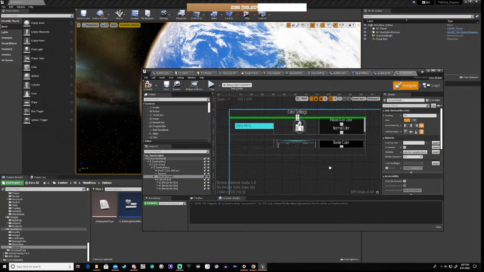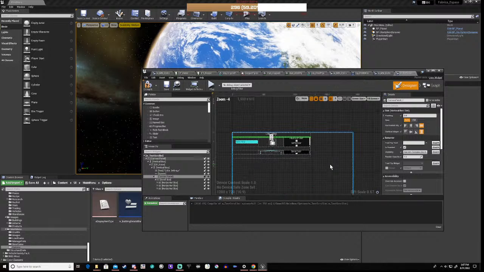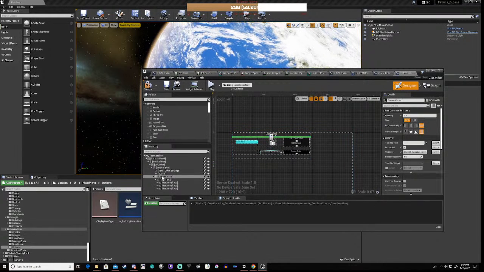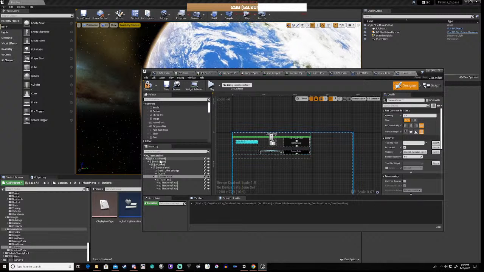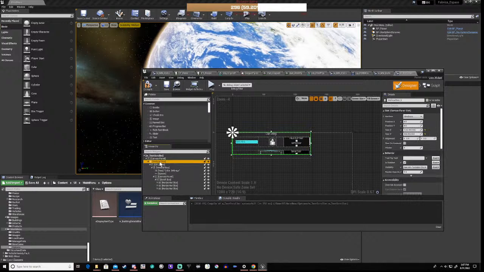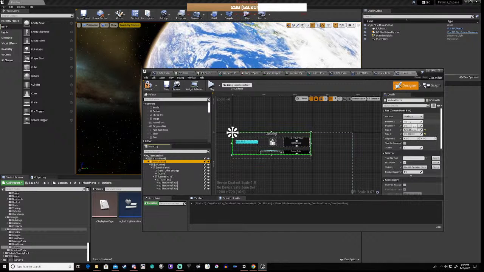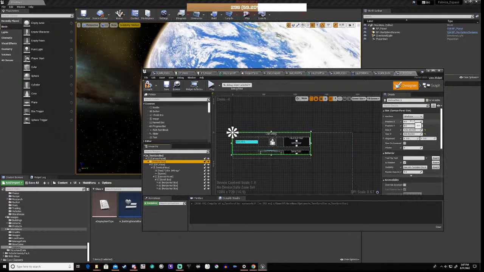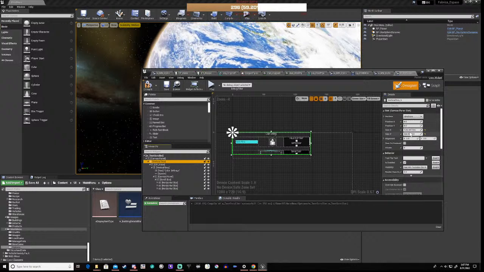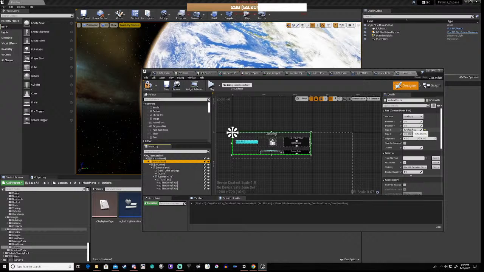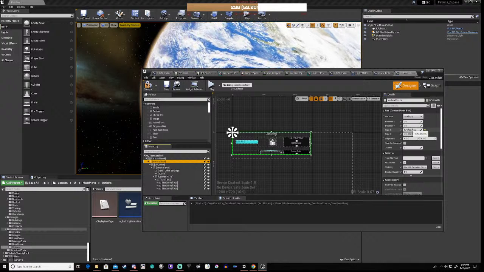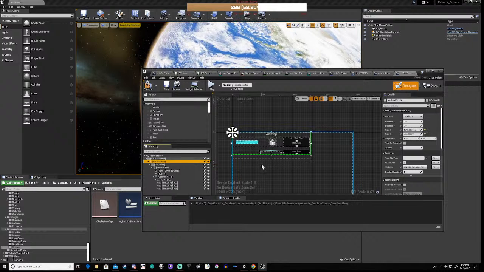And this is going on the canvas panel. And this whole canvas panel, this vertical box, this has got a size. So I'm not 100% sure on this one,